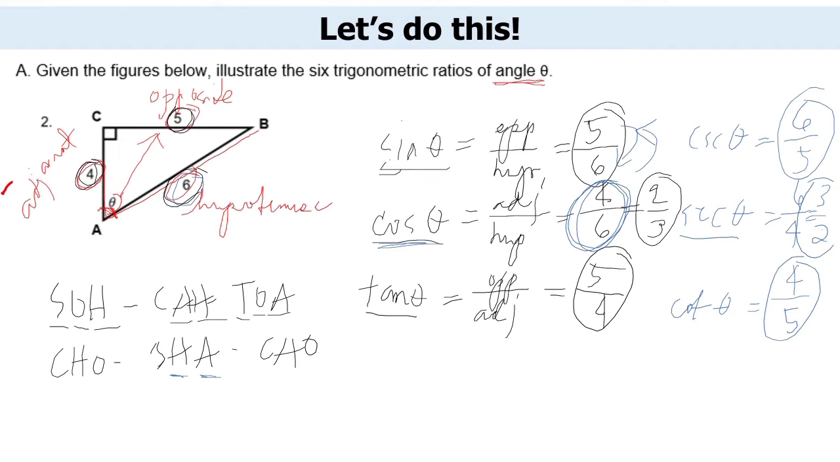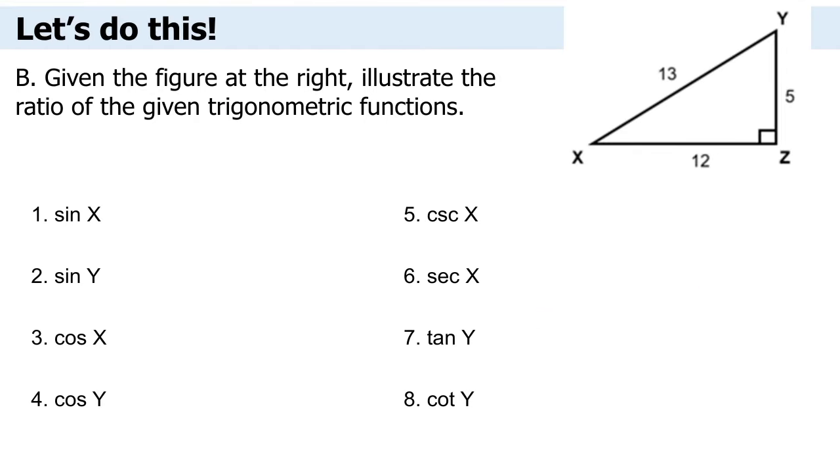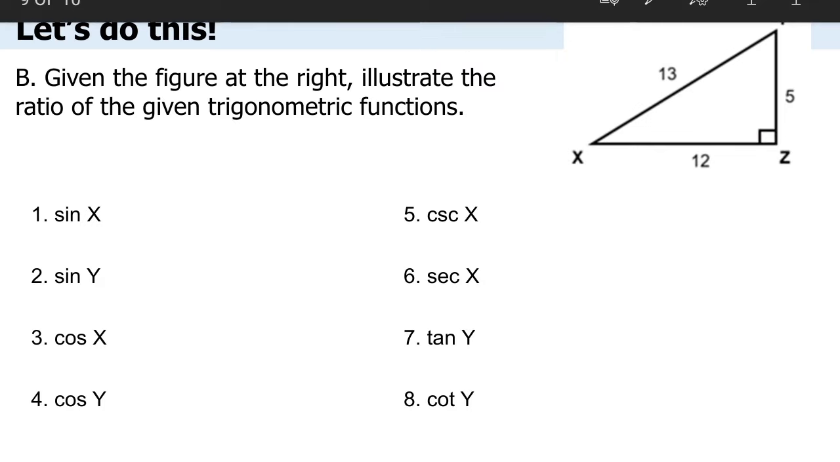Okay, so letter B. Let's answer letter B. In this activity, we use x and y instead of theta, because remember that theta is the angle of a right triangle. Theta is the reference angle, and a reference angle can be any of the two acute angles. So by looking at this illustration,